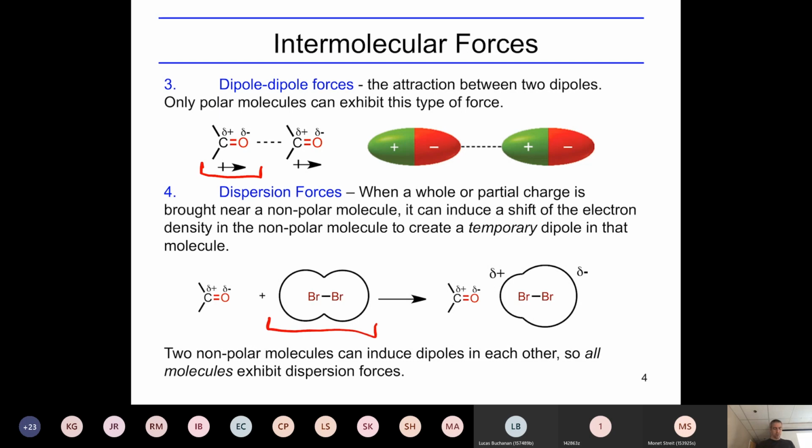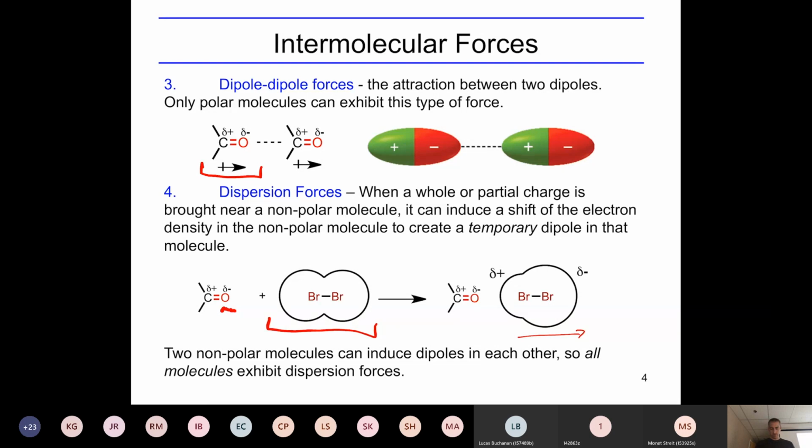If you bring it close to, say, a dipole or an ion, the negative end of that molecule will repel the negatively charged electron cloud around the nonpolar bromine and shove the electrons away from itself. So there's an imbalance of electrons around that Br2,